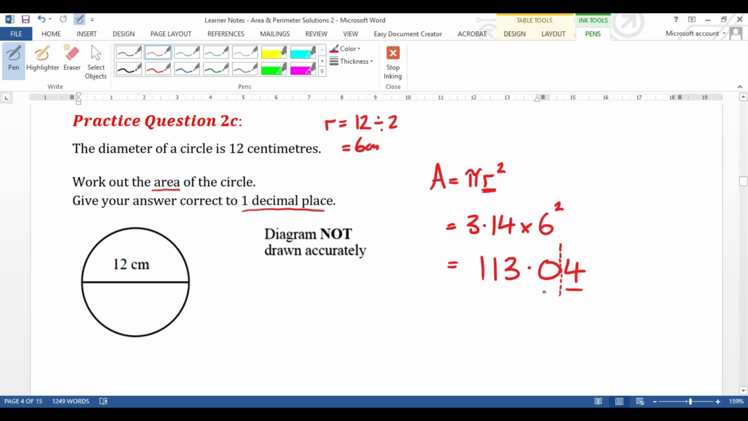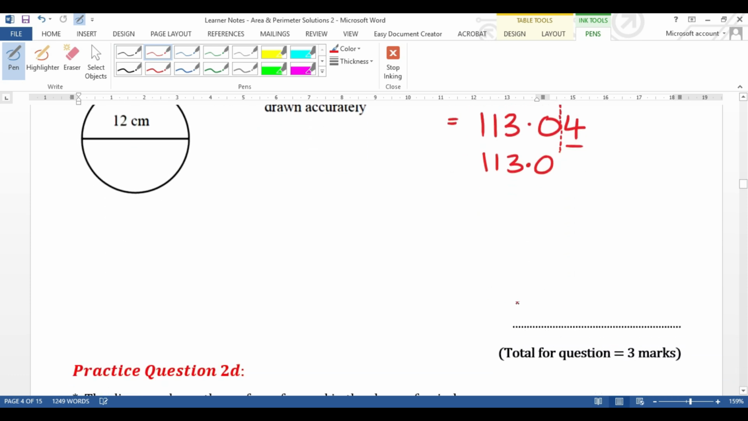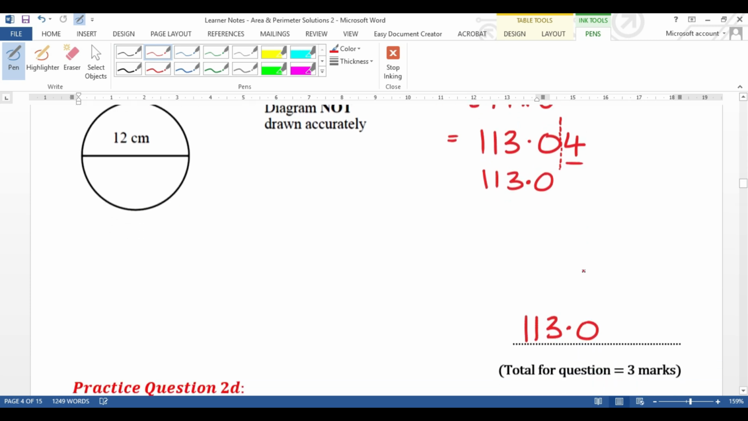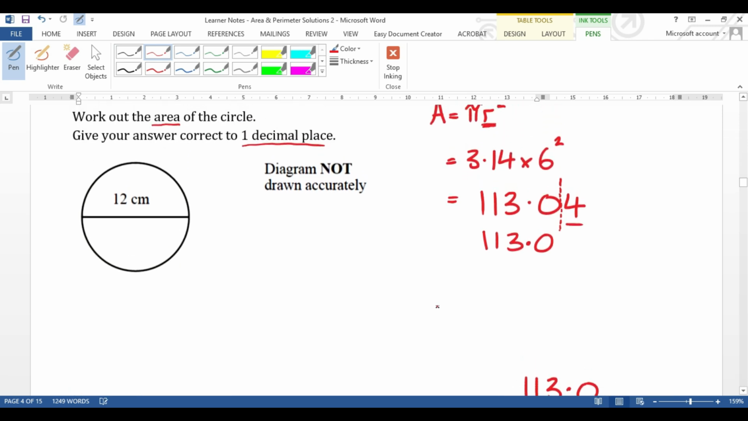That's going to help us decide. Well, that's going to stay the same because that's less than 5. There's my decimal point, that stays the same, that stays the same, that stays the same. So for your final answer, you're going to have to put 113.0, and you need the 0.0, otherwise your answer will not be to 1 decimal place. If you just put 113 on its own, it wouldn't be to 1 decimal place,